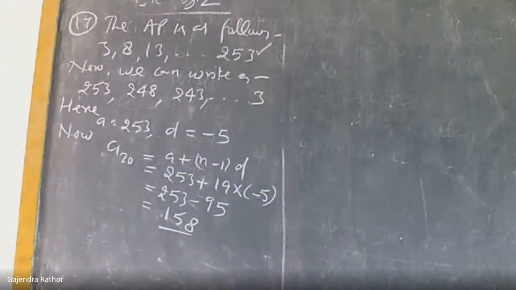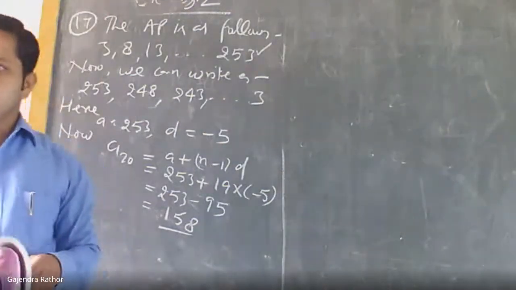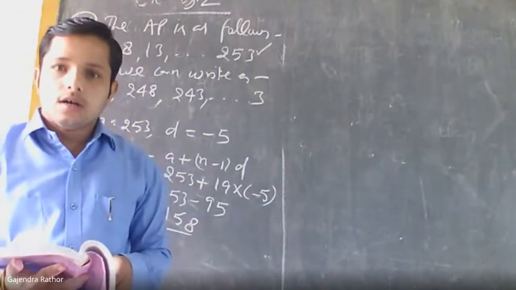Right answer, Sana. Very good, Chiti. Note that D is equal to plus 5 in the given AP. But when we reverse the AP, it will be minus 5, because that is the descending order. So let's continue.